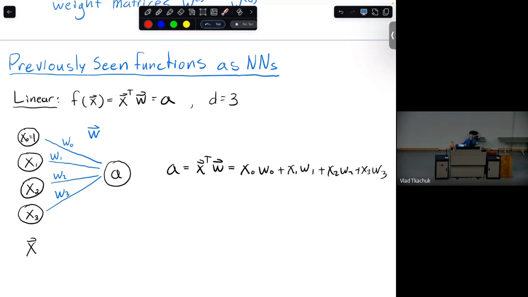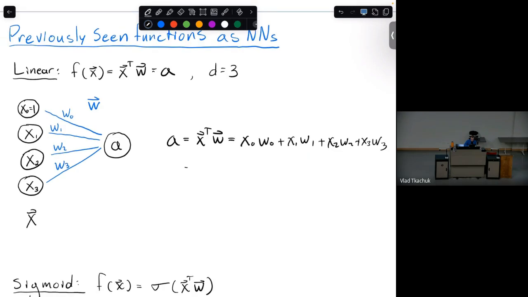But it turns out that this has a nice visual understanding from this picture on the left. So you could think of each one of these features, right? So this is the feature vector containing features. Each one of these features is then multiplied by the weight. So these lines represent weights. These represent what are called neurons, but really you can think of these as the features in this case. So it's feature times weight plus feature times weight plus feature times weight. So this A neuron is doing this operation of summing up all of these things. Okay, just taking in all these things here and summing them up.